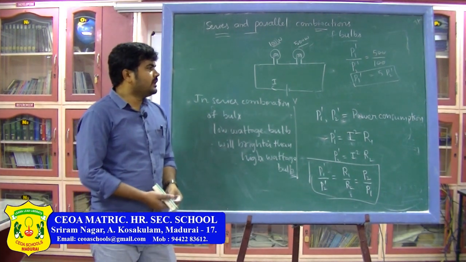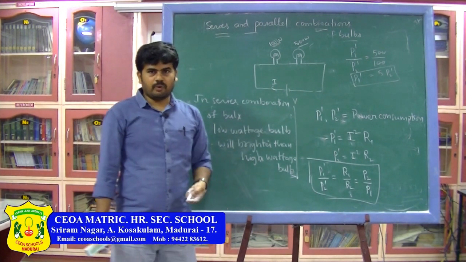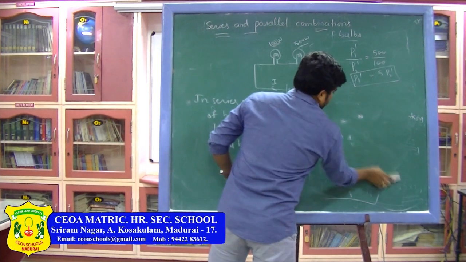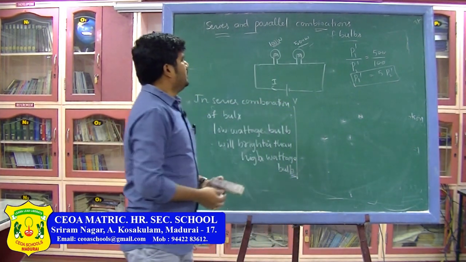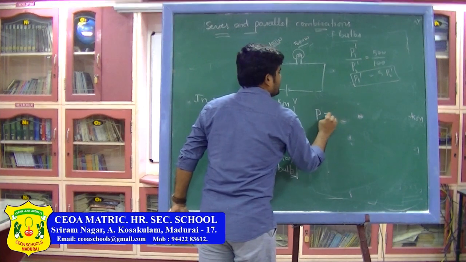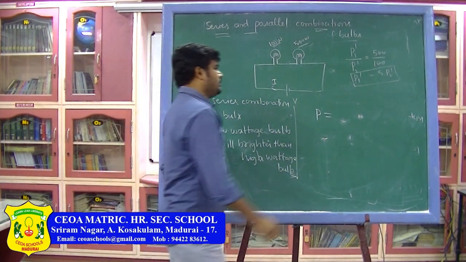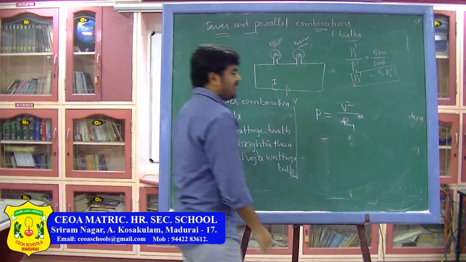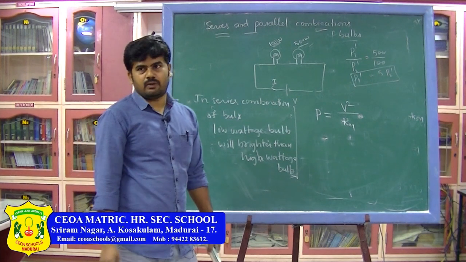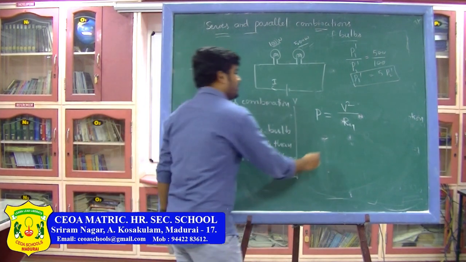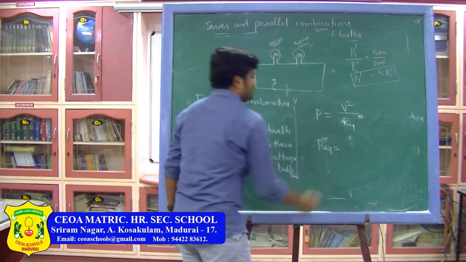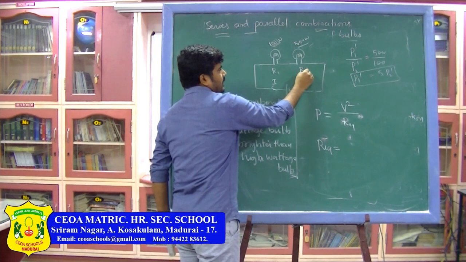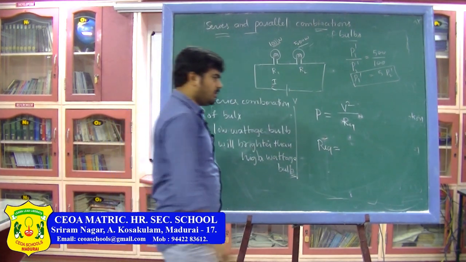Now let us find out the relation between total power and the individual powers of each bulb in the combination. Now if total power consumed in the circuit is P, that is given by V square by total resistance, let us say R equivalent, because they are in series, you have to take R equivalent as total resistance. We know in series combination R equivalent, that is equivalent resistance of series combination of two resistors. So now resistance of this bulb is R1, for this bulb is R2, the total resistance is R1 plus R2,